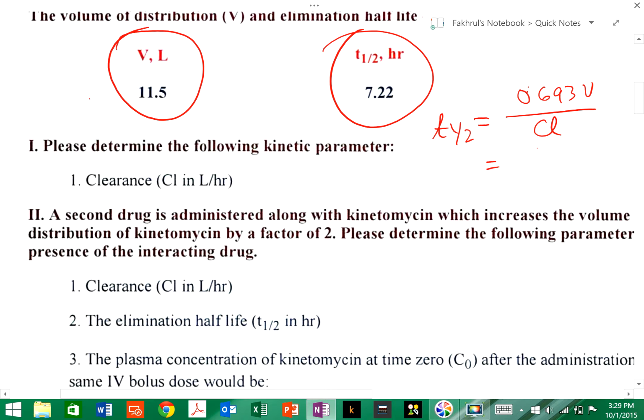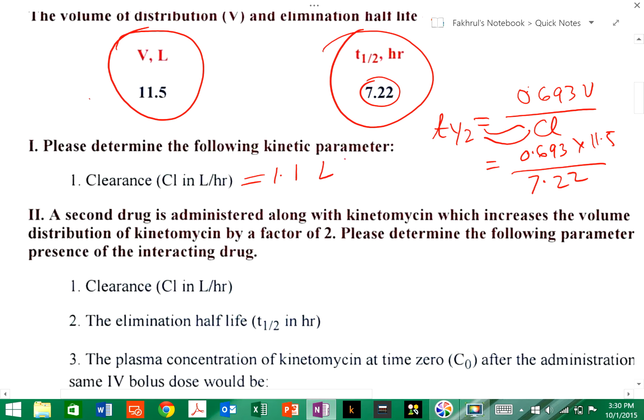So if you put 0.693 multiplied by 11.5, which is V, and then we know the T-half. Sorry, we have to calculate clearance, so we'll put the T-half here. This needs to be switched like that. So this will give you a clearance of 1.1